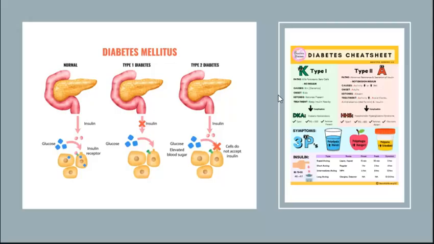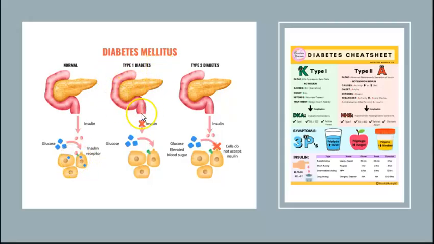So your beta cell is being destroyed ultimately, where you're no longer making insulin at all. So you no longer have the key. Insulin is the key for glucose to enter the cell. Why do we need glucose in the cell? To make ATP. So if we look here, normal, we have these glucose. We have the insulin receptor. We have insulin. So insulin sits here, opens up the door so glucose can get in. We need glucose in the cell to make cellular energy.